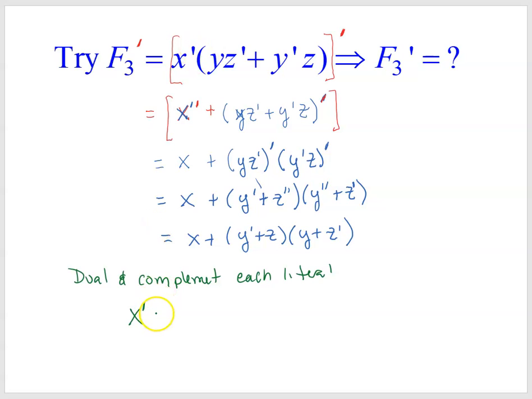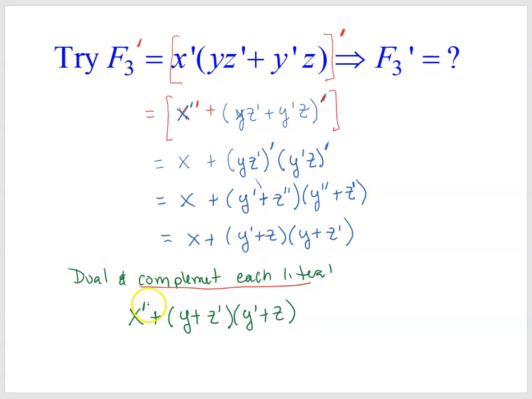The dual of this AND would be an OR, and then we'd have, we're not complementing each literal yet, and then we'd have or y or z prime anded with y prime or z, and then so that's just taking the dual,